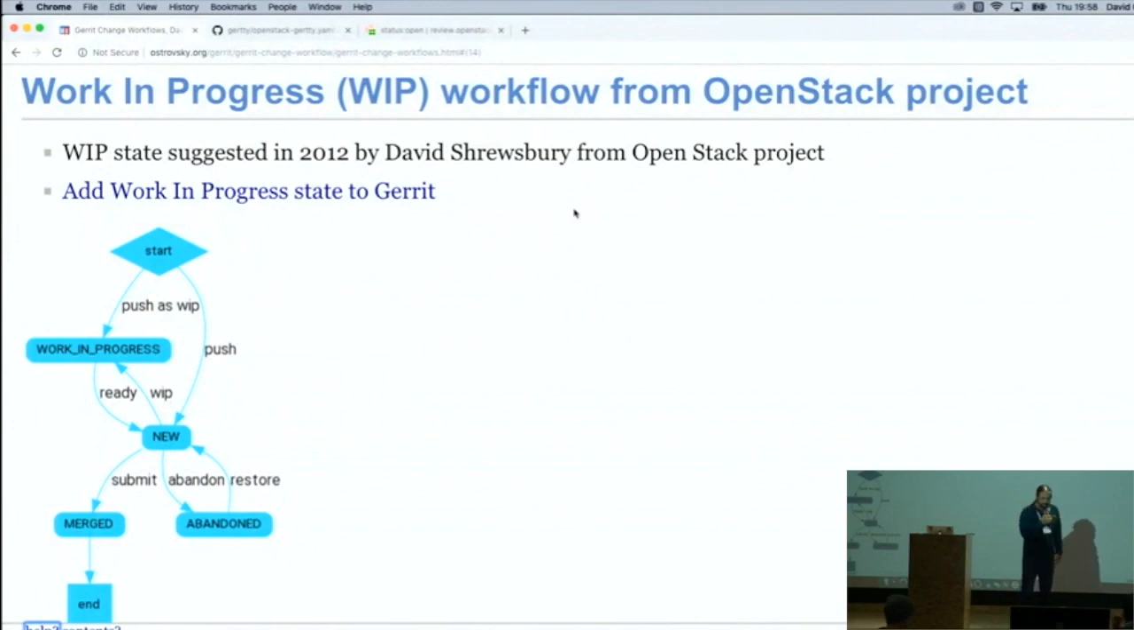David Ostrovsky from the infrastructure team from the OpenStack project added a new state to Gerrit and called it work in progress. What is different, as you can immediately see, is that you can flip the bit between ready and WIP as often as you want. You can push it as a WIP, or you can push it as new, and then